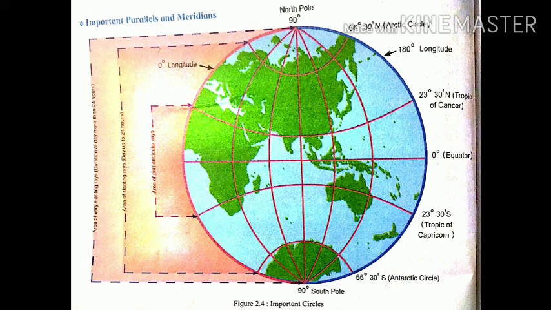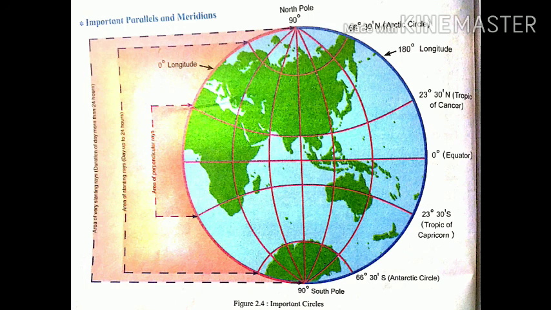You can see in your left side, the area of perpendicular sun rays is shown between Tropic of Cancer and Tropic of Capricorn. Similarly, the area of slanting rays is shown between Antarctic Circle and Arctic Circle. After that, the area of very slanting rays is shown between North Pole and South Pole. As the amount of sun rays reaches on the surface of the earth, the temperature increases and decreases accordingly.